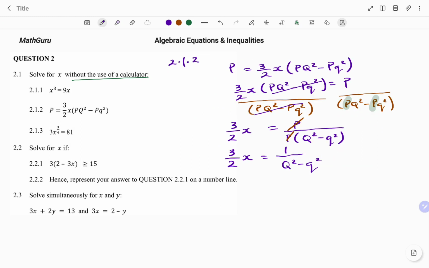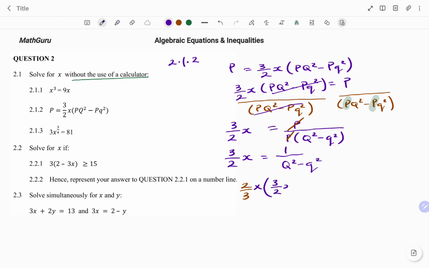Then the next step is to divide both sides by 3 over 2, or to multiply by the inverse of the coefficient of x, which is 2 over 3. The aim is to make the coefficient of x 1. So therefore, I have on my left-hand side 2 over 3 multiplying